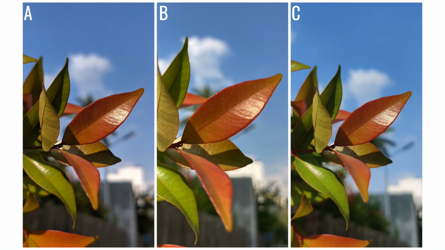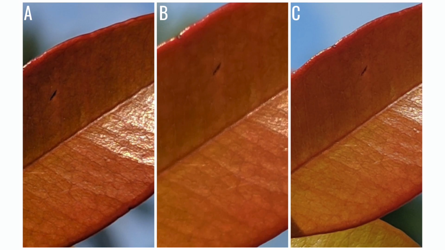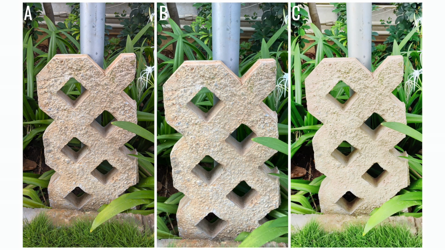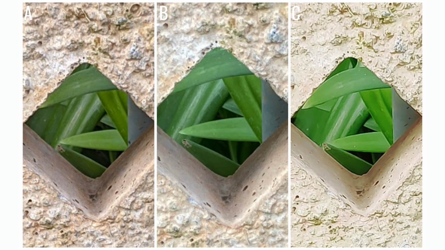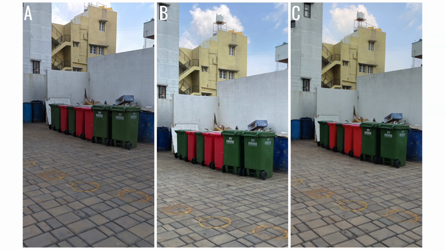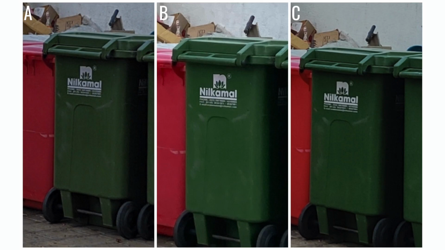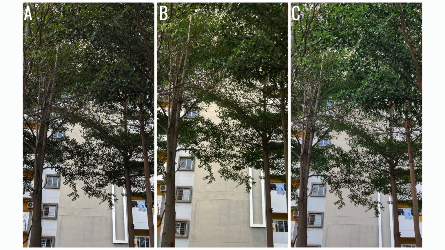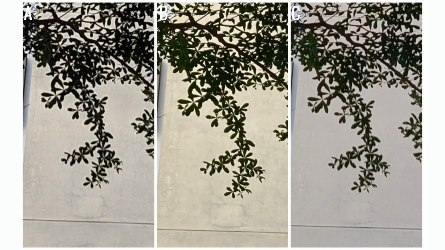Here in this close-up shot, A has better details when compared to B and C. Again, you would see that A has slightly better details compared to the other two. However, in this case, A has a slightly more dull look when compared to B and C, and B also does better in terms of the details. Notice the difference in colors between A, B and C. The green is portrayed very differently. And also upon zooming in, B has better details compared to the other two. A has almost made the leaves look black.